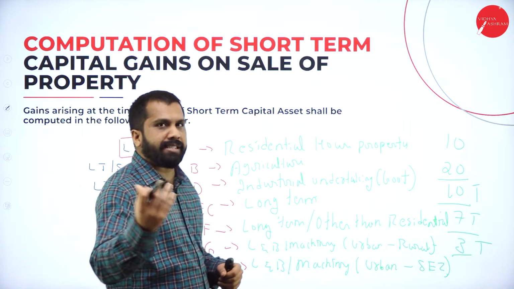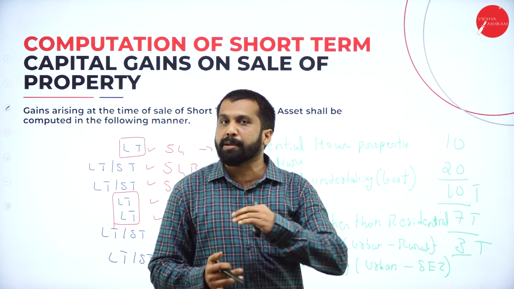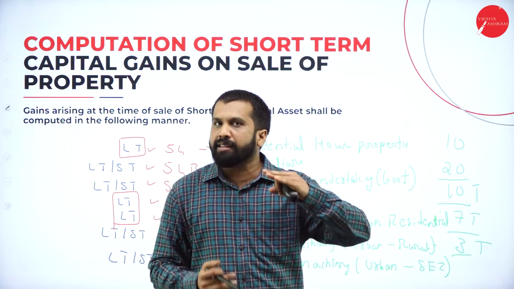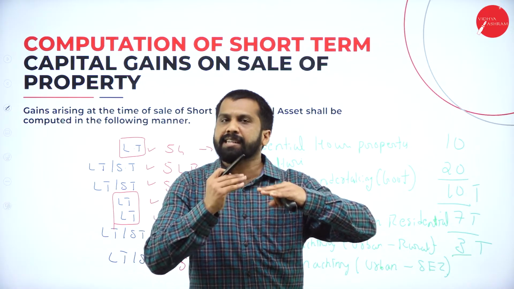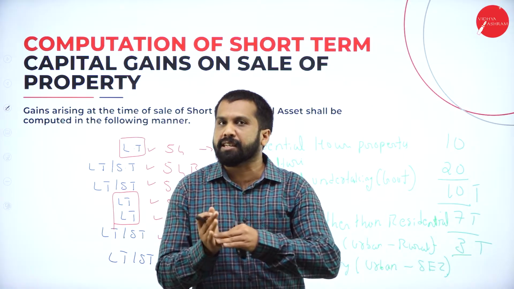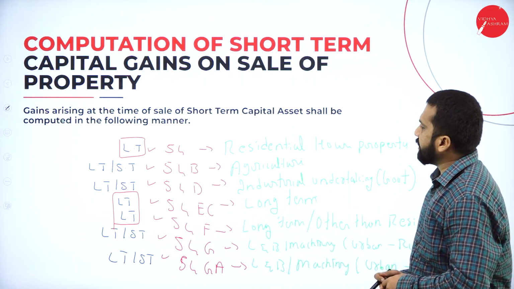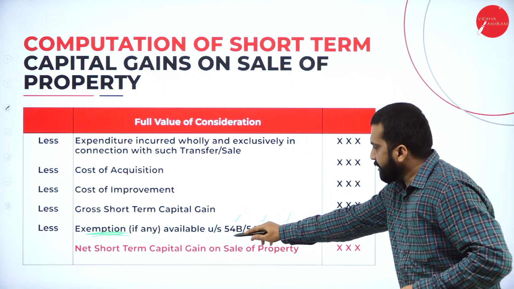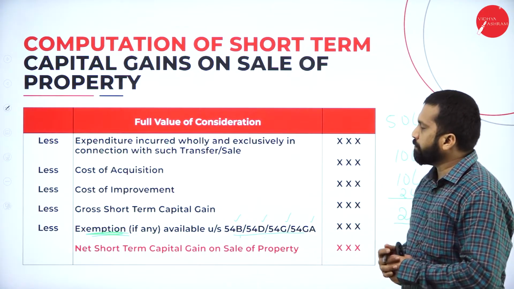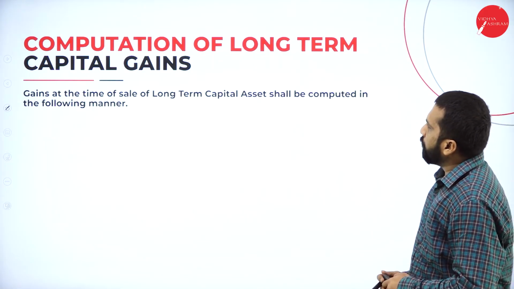Government has made certain areas called special economic zones to improve that particular area. The tax rate will be less and some exemptions they will give you to improve the industries in that particular place. Now, hope you understood these are the sections you have and these are the sections you can claim as deduction under short term. Now, we'll go to long term.